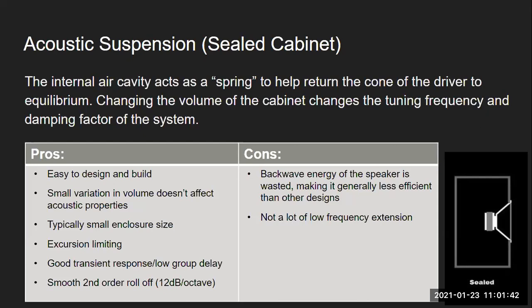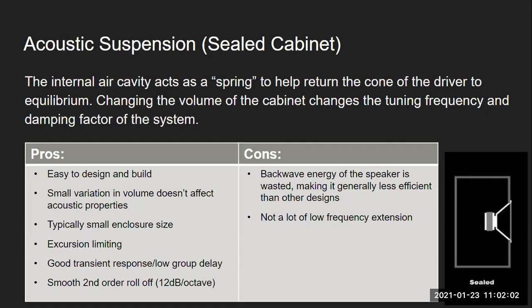And then it has a really nice smooth roll off as well. So it's very low phase distortion. I guess a good way of describing it is it has a natural roll off, as a lot of people describe it. So it's nice when they're designed well.